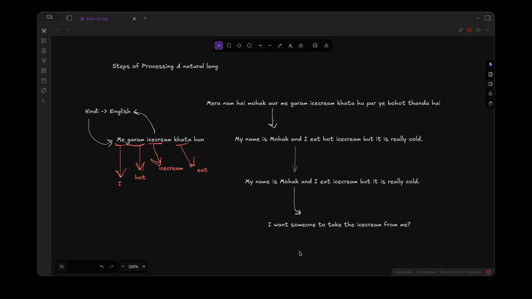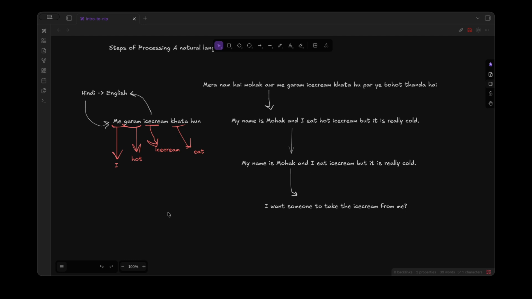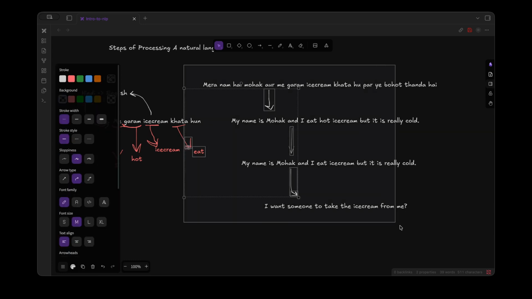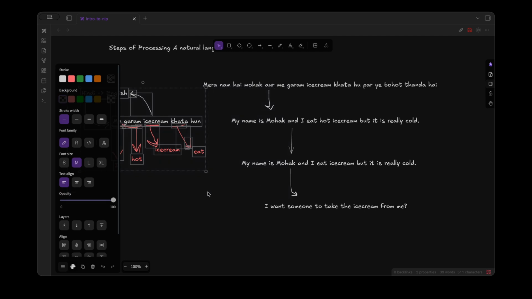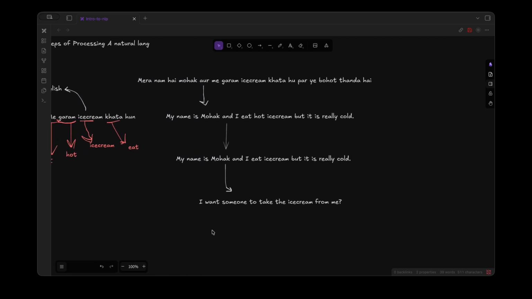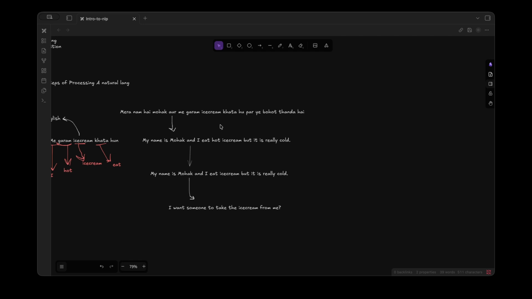From this sentence I try to mean that ice cream is really cold and I want you to take it from me, and I'm not saying it directly. I'm saying कि ये बहुत ज़्यादा cold है, ठीक है? So this is the particular part we have to understand. So अगर तुम ये पूरा का पूरा सेंटेंस को थोड़ा सा बहुत अच्छी तरीके से देखो, you're going to understand कि what do I mean from it. So this is pretty much the entire steps you have to understand in order to